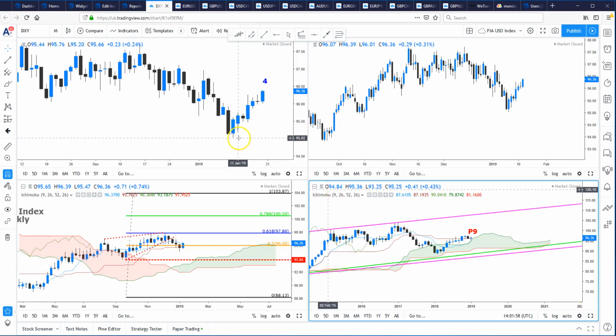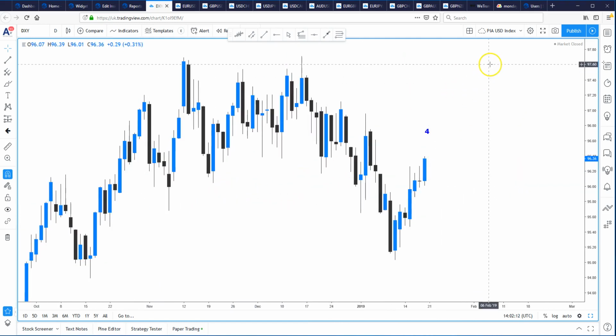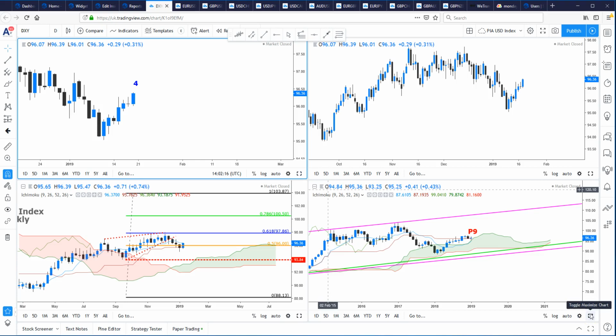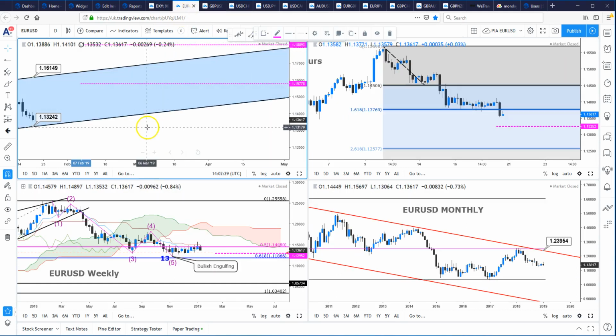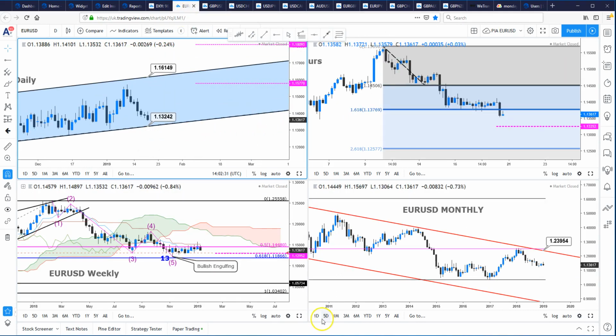Now that highlights that we should see at least a decent correction to the downside. So even though the daily chart is only showing a 4 count, I think that we will potentially see continued upside movement in the dollar, at least at the beginning of the week, and then potentially a double top or even a treble top formation before we start to move again to the downside. And I think this time frame is going to be the dominating factor in the months ahead. So breaking that down onto the other currency pairs,